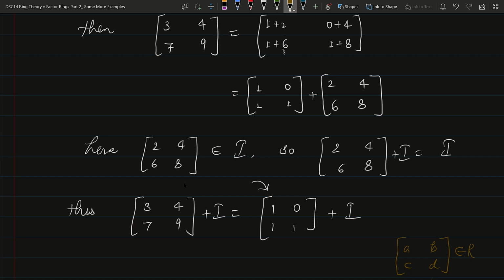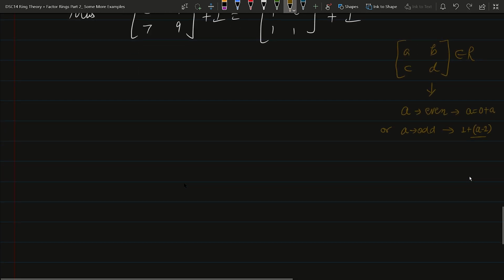वो एक इवन नंबर बनेगा। इसका मतलब हम हमेशा या तो हर एक एलिमेंट को 0 प्लस ए में लिख सकते हैं या फिर 1 प्लस ए माइनस 1 में लिख सकते हैं। और यहाँ पर ये जो एलिमेंट बनेंगे ए और ए माइनस 1, ये इवन नंबर होंगे। तो जब हम इस आर के कोई भी मैट्रिक्स डिस्कस करते हैं तो वहाँ पर हम इस मैट्रिक्स की हर एक एंट्री को इवन नंबर की फॉर्म में रिप्रेजेंट कर ही सकते हैं। और वहाँ पर जो रिमेनिंग एंट्री होगी वो या तो 1 होगी या फिर 0 होगी, क्योंकि दो